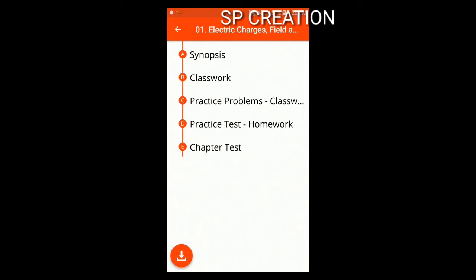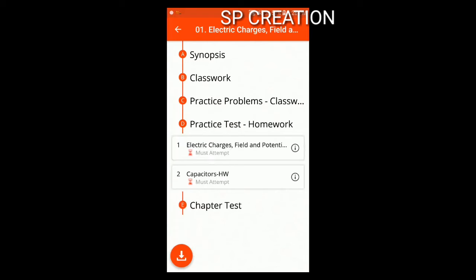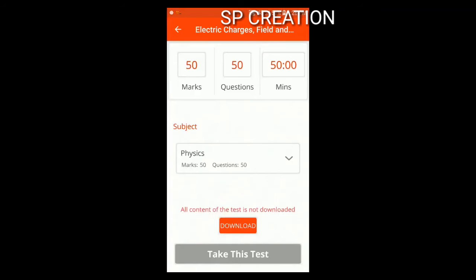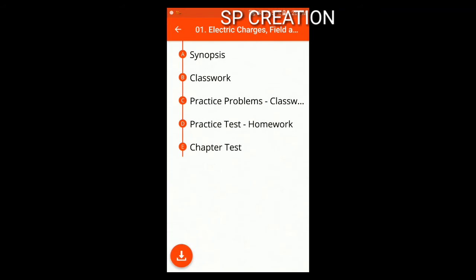And then you have practice test also, homework questions. Basically, these problems are again the problems to consolidate what you learned. There are 50 problems under each, and again in the form of test. And then you also have chapter tests, right?